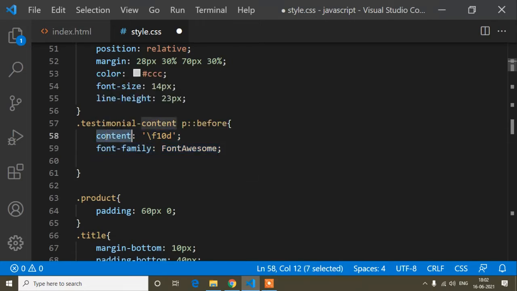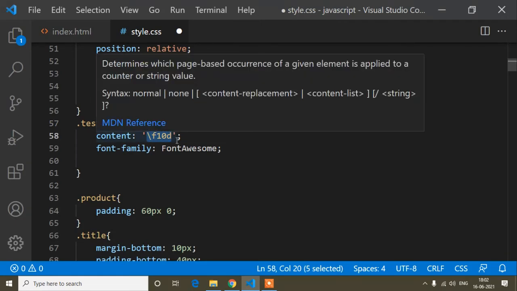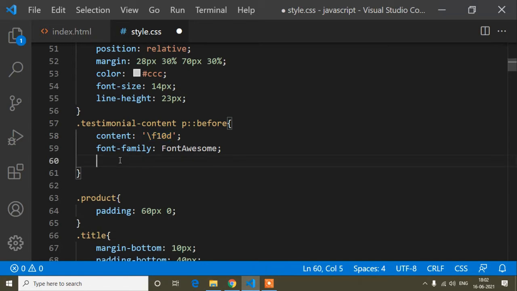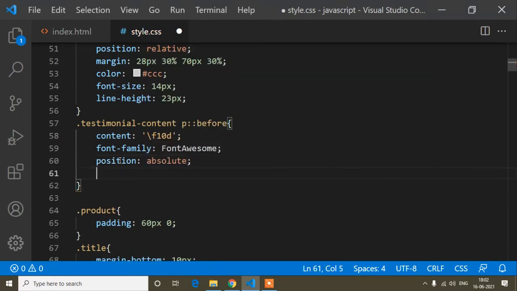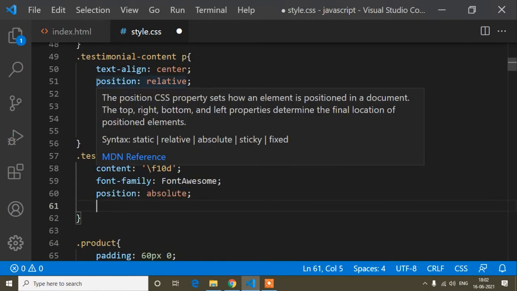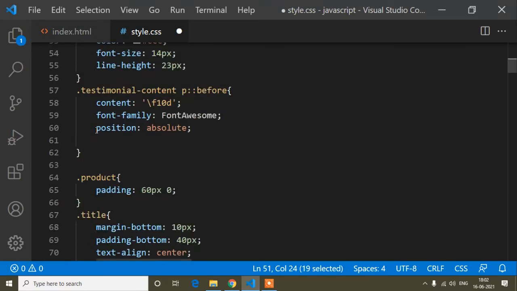And the content is always a must when we write before or after tag. So if I would not write this icon, at that time I would write content blank, but content is a must if we write before and after tag. So the font family is Font Awesome, done. And now the position is absolute, because I already said that this before and icon tag will be floated. So where will it float? On this p tag, so that is relative, and this one is absolute.